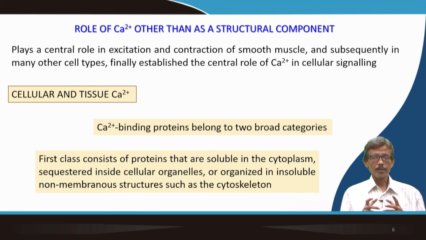The class number 1 are the proteins that are soluble in cytoplasm and sequestered, that means separated inside cellular organelles and organized in insoluble non-membranous structures such as